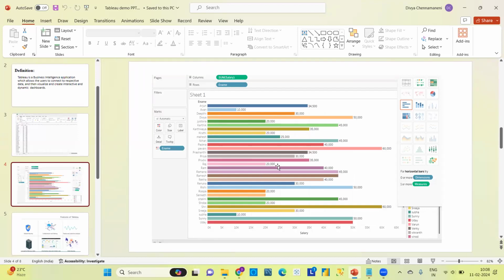This bar graph depicts the salary of the employees. Here the highest bar means the highest salary and the lowest bar depicts the lowest salary. Within a few seconds you can analyze easily by seeing this picture, right? Simply you can say this is the highest salary. So Pavani and, I guess there are 2, right? Pavani and Shri have the highest salary, and the lowest salary is around 10,000, and Avan is having the lowest salary, correct?